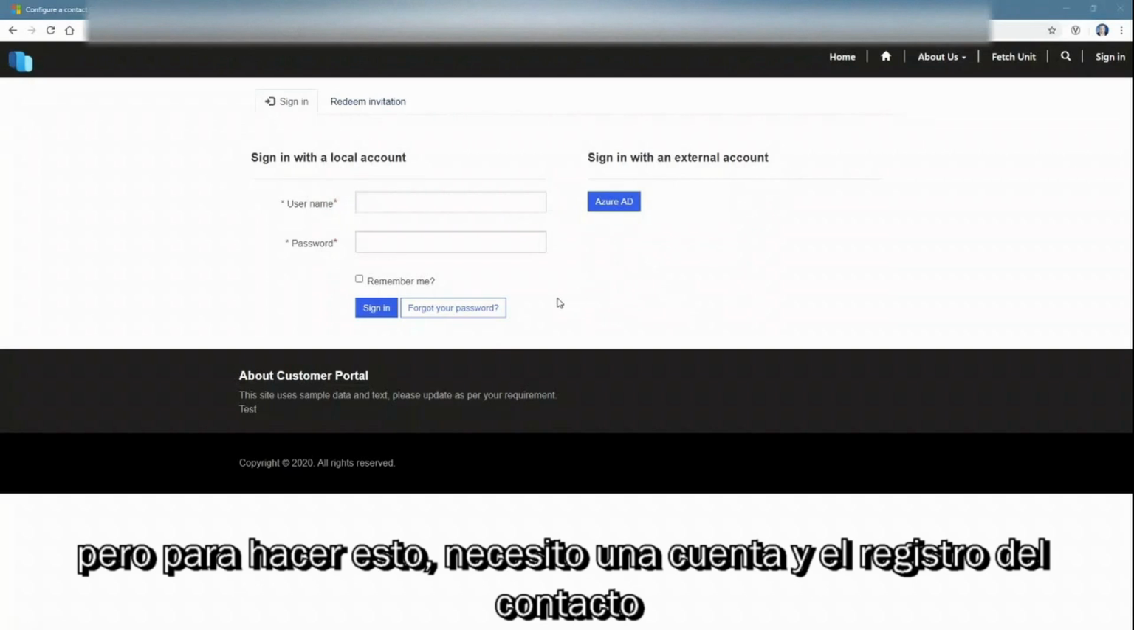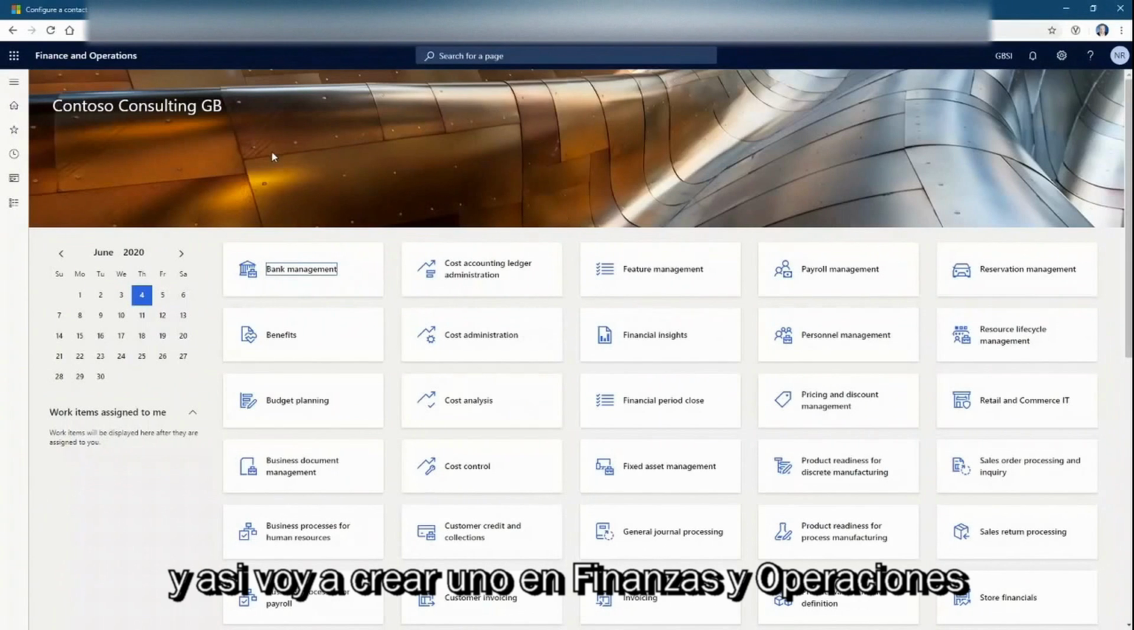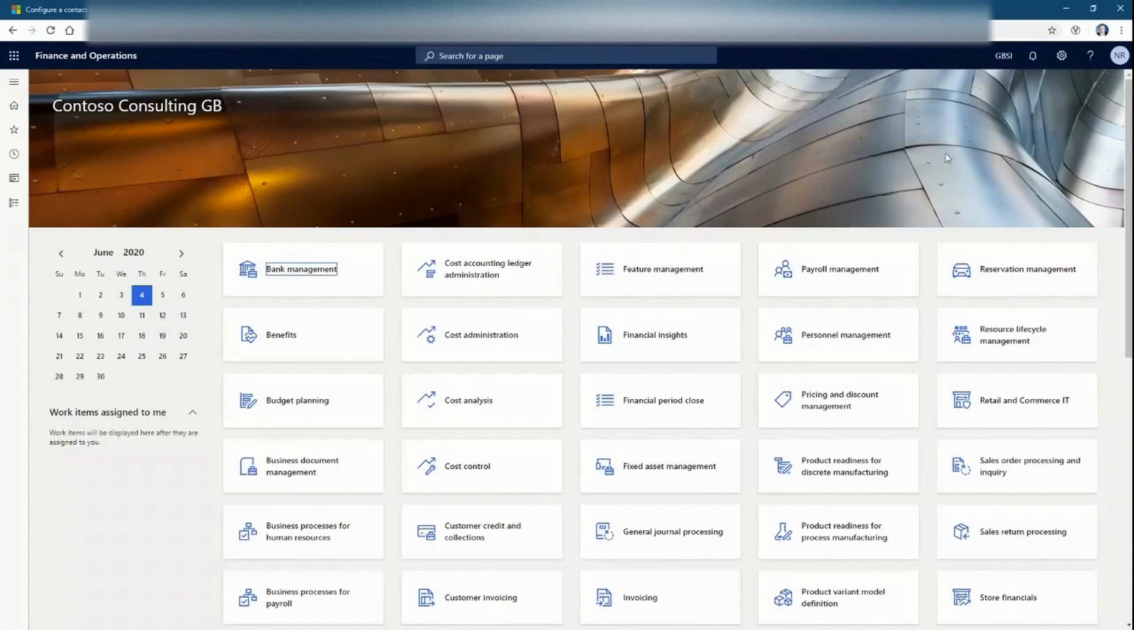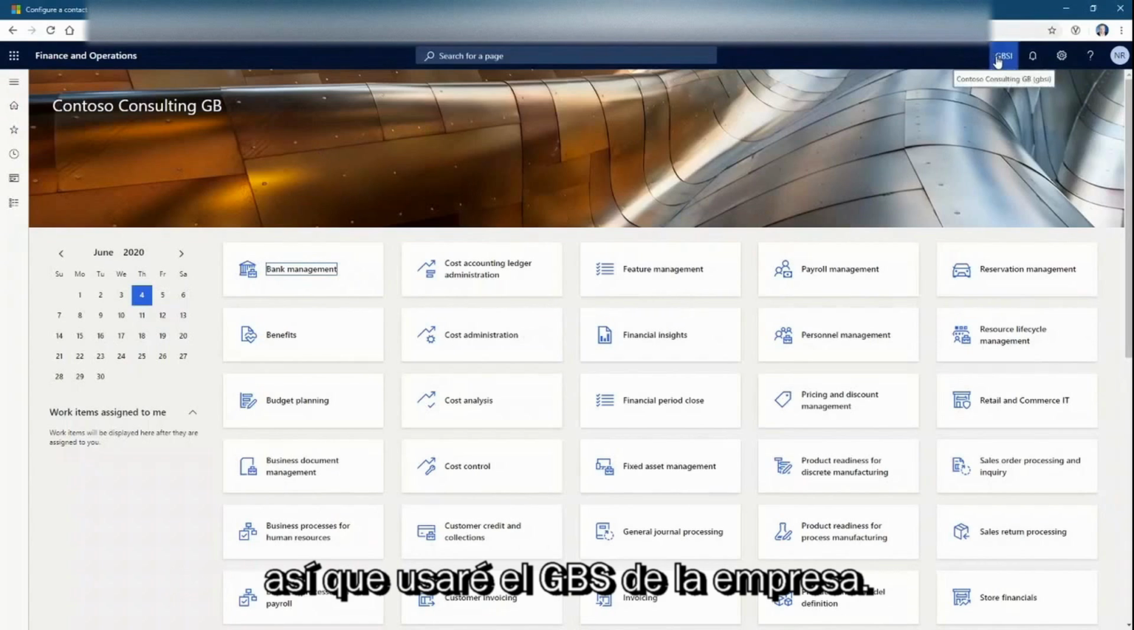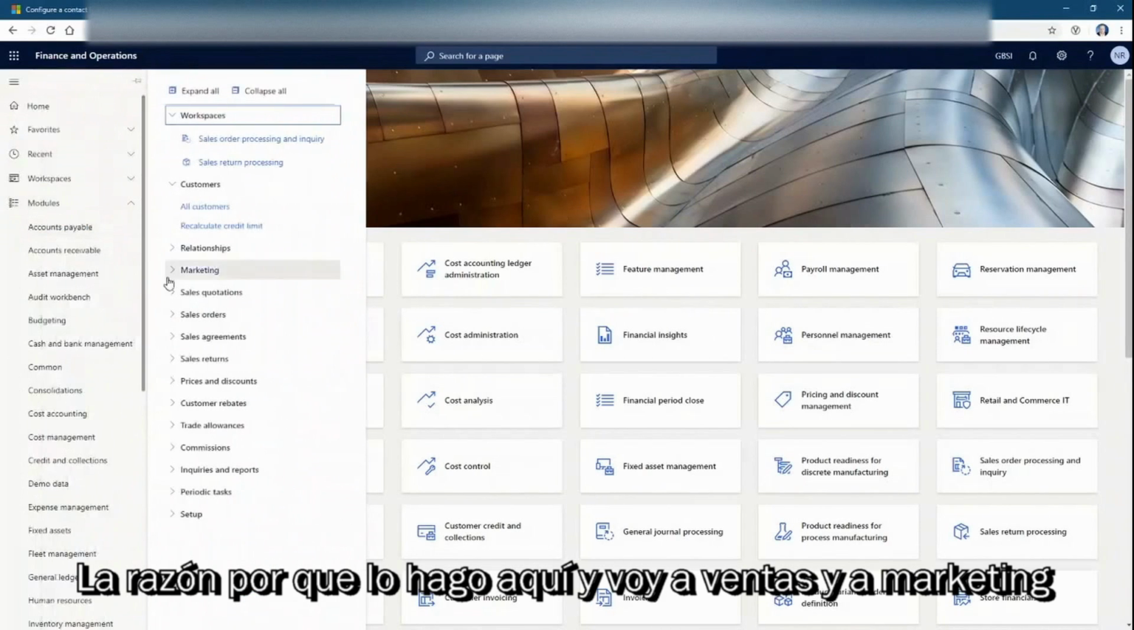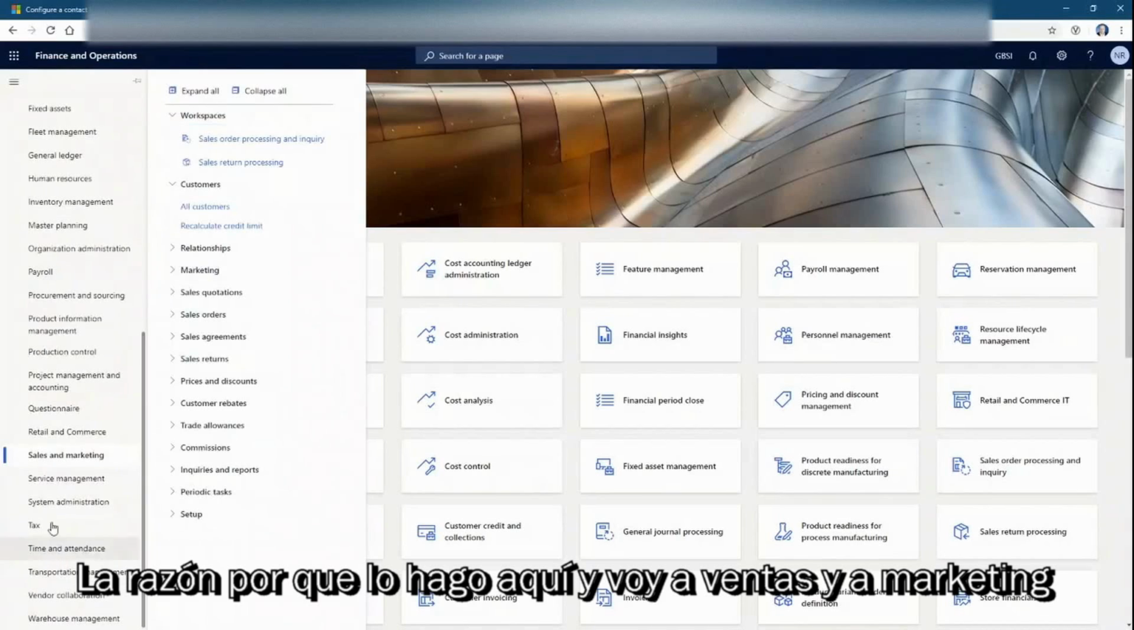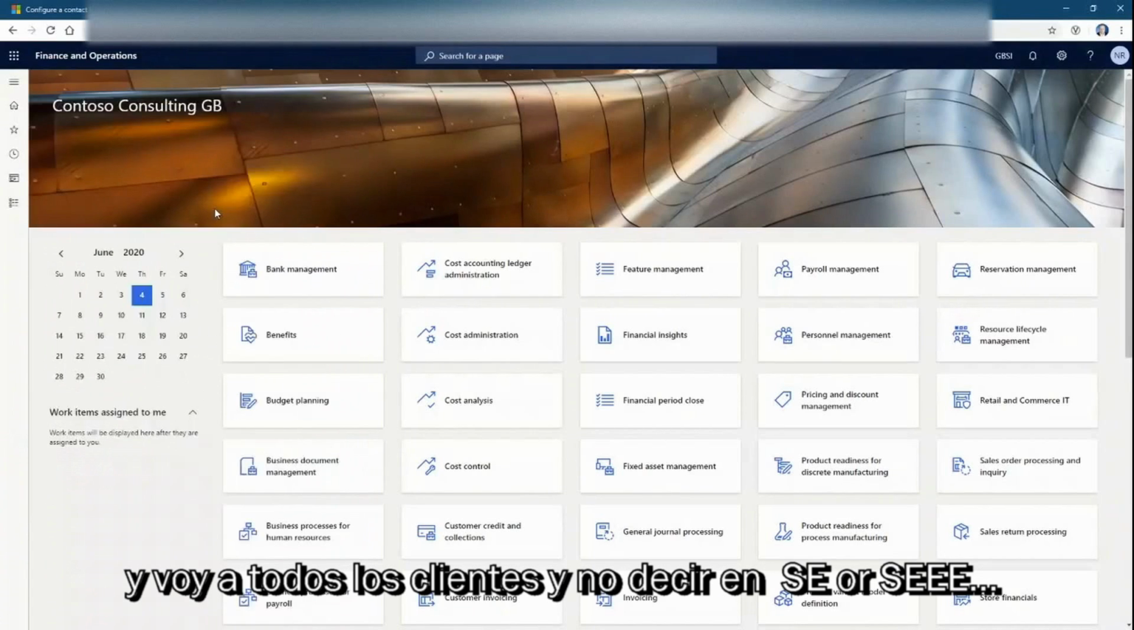But in order to do that, I need an account and a contact record, and so I'm going to create one in finance and operations. I'm going to use the company GBSI for this. The reason I'm doing it here, going to sales and marketing and then all customers,